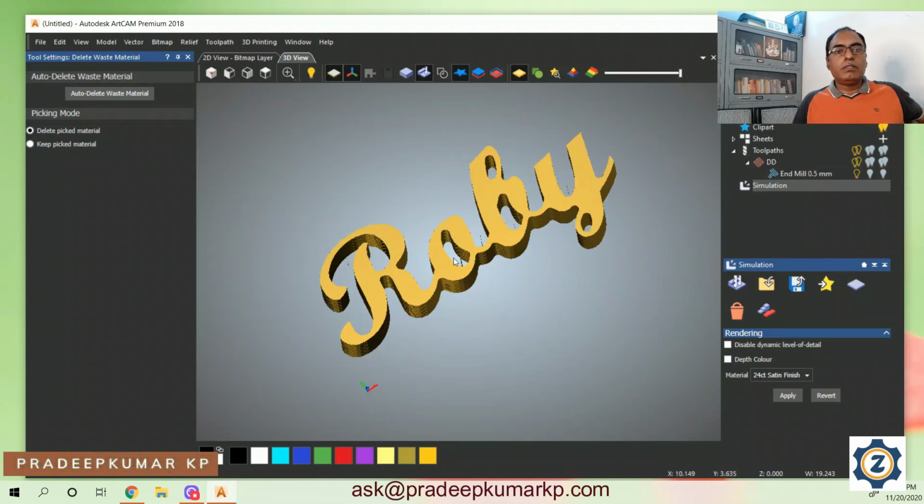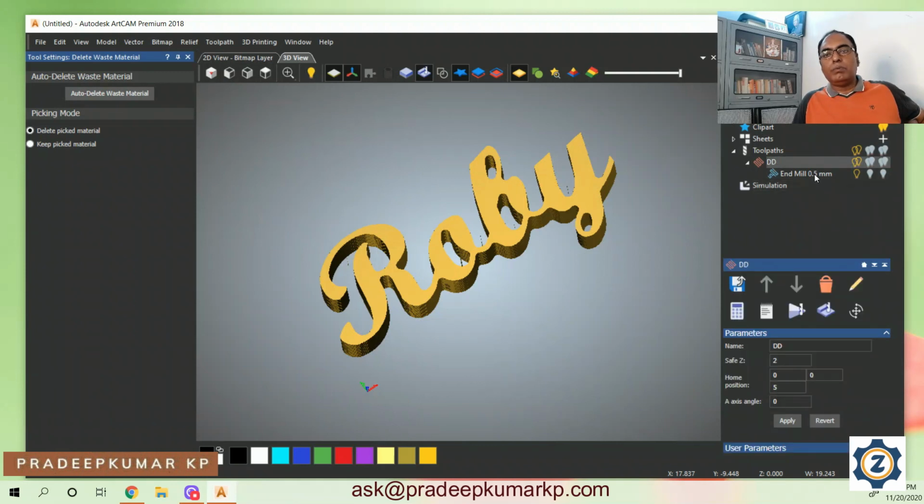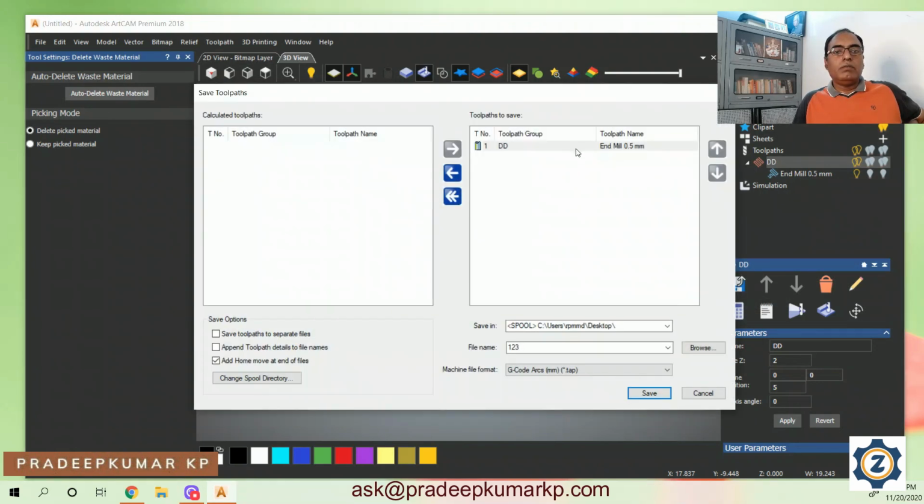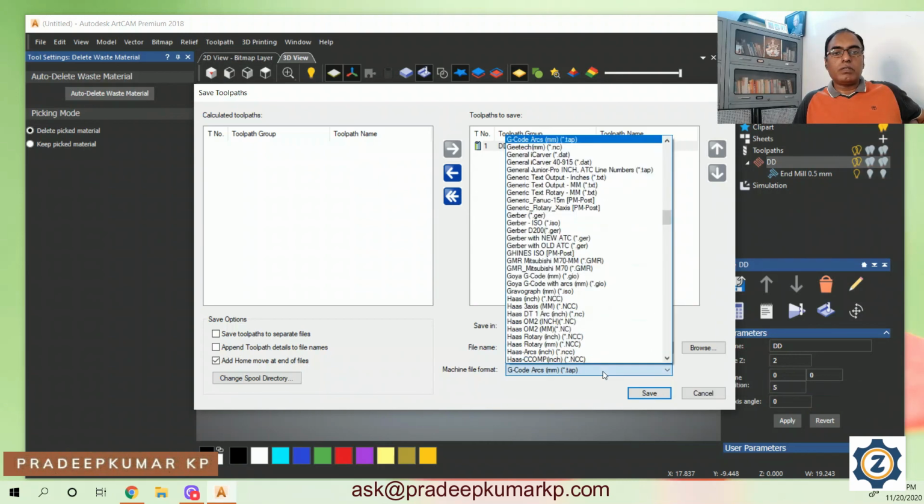So this is just simulation only, and after this, if everything is okay, now you can go and create the NC code for it. For that, again you go to toolpath, then this is the toolpath, then you can save it, save the toolpath. Depending upon your machine's post processor, you can select whatever NC code you want, then you can save it.